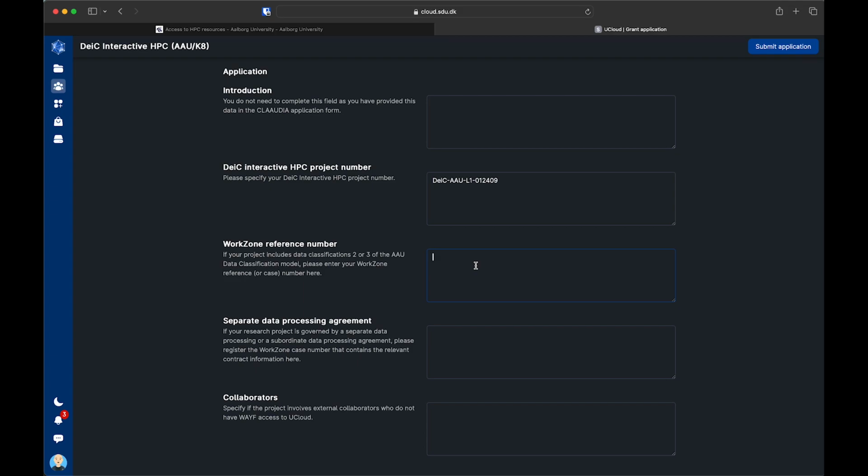There are other groups, such as certain health department research groups that collaborate with external parties, where a separate subordinate data processing agreement is relevant and applicable, in which case they need to paste that number in the separate data processing agreement space. You don't have to fill out all the other spaces. You certainly don't need anything in the introduction field, because we have all of your application information already captured by the Cloudia application form. I'm just going to write into this space a work zone